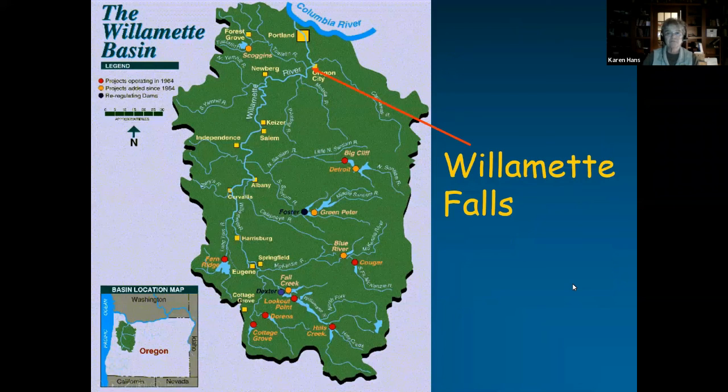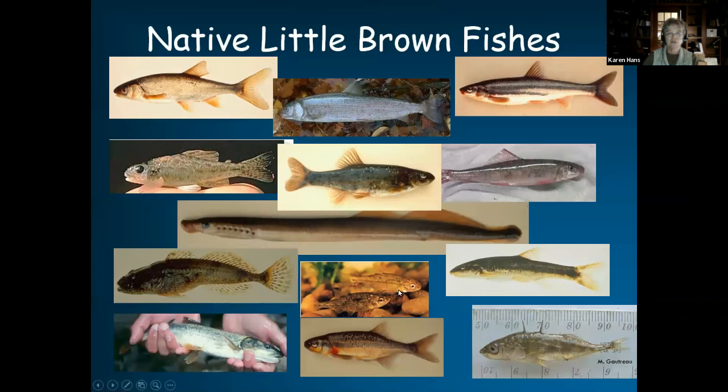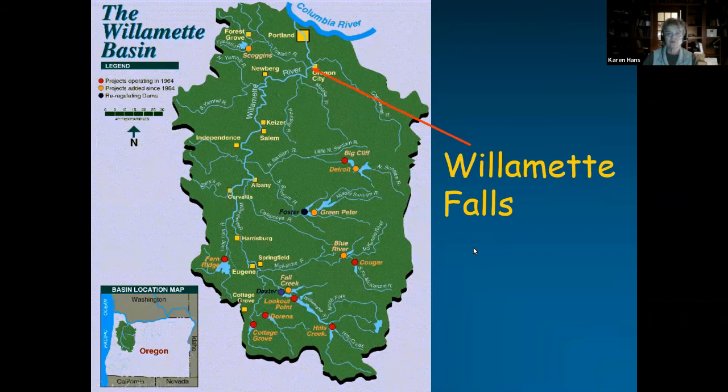So the species of fish here in the Willamette Valley are driven by Willamette Falls, and it's located there in Oregon City. It's probably been around since the Great Missoula floods, 12 to 15,000 years. And so all these little fishes that I showed you here, they would have all been here in the Willamette Valley prior to Willamette Falls being formed, likely when all the waters receded out of the Willamette Valley after the